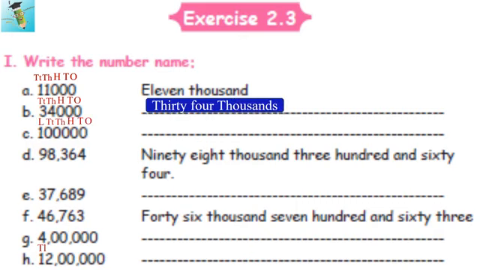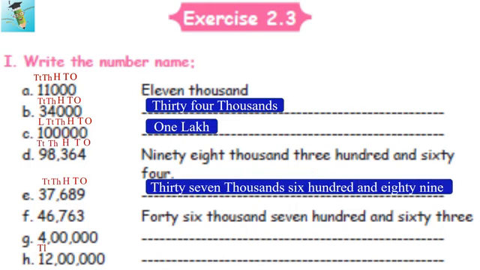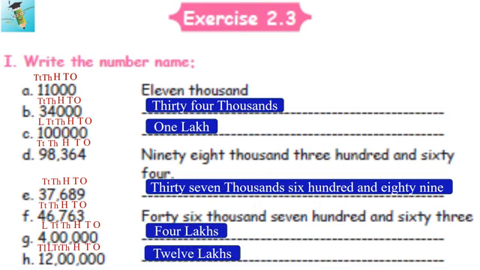Fine. Then here, just in lakh column only we have only 1. Remaining are all 0. Isn't it? So very easy. So 1 lakh. Then next number sum is given for you already. So come to the E sum. 37,689. So according to the place value, we have to write the number name. Next is given. So G sum, just 4 above lakh is there. So 4 lakhs is the correct answer. Here also, 12 lakhs is the correct answer.